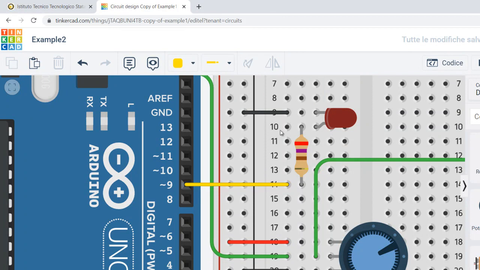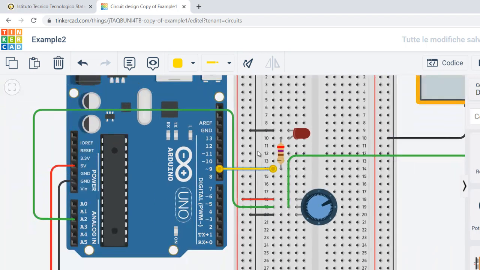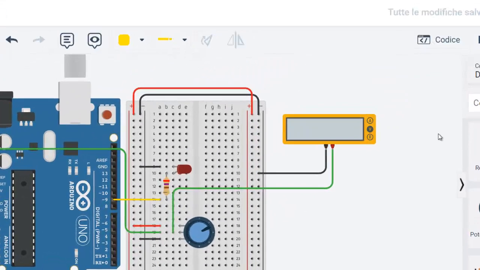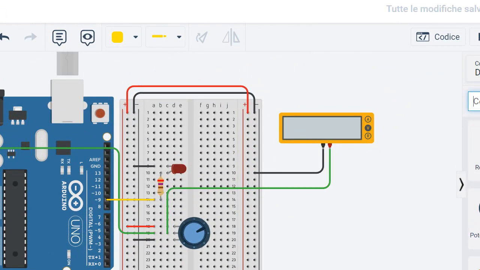In fact, if we want to regulate the light emitted from the LED, so LED dimming, based on the voltage value read, we can regulate the duty cycle of this square wave based on the value read on the potentiometer. So, to see visibly these